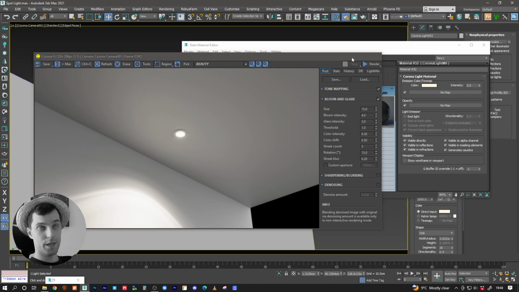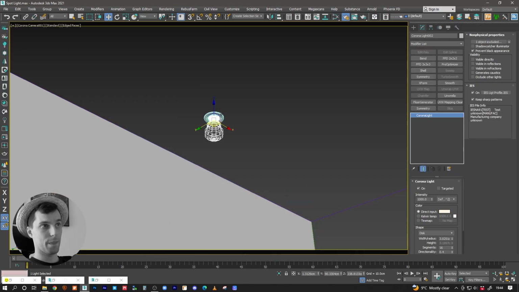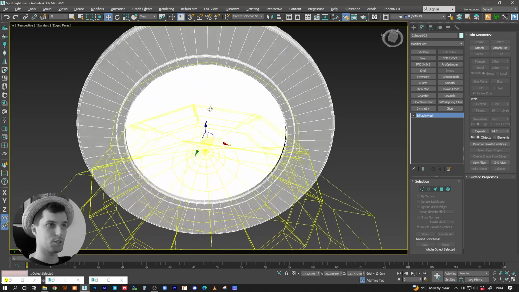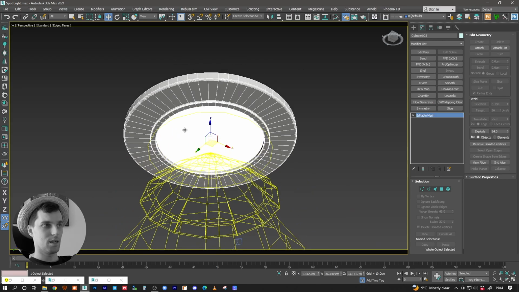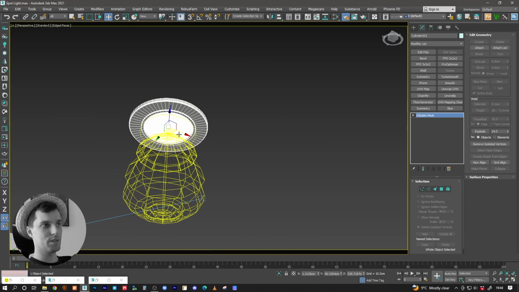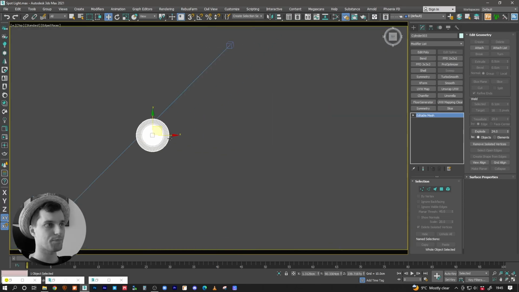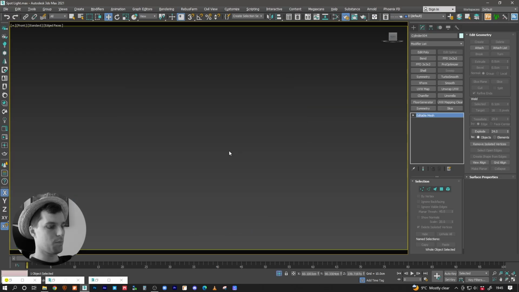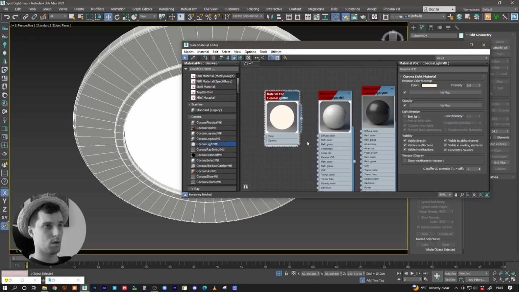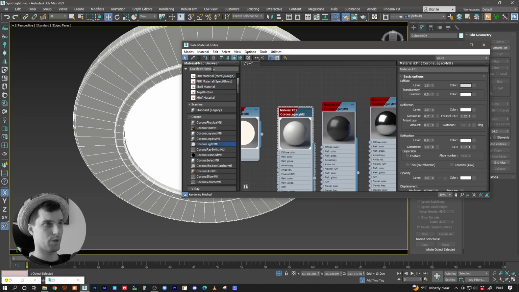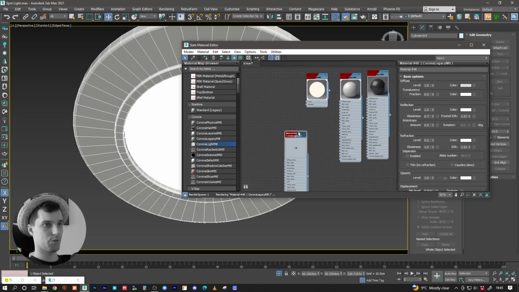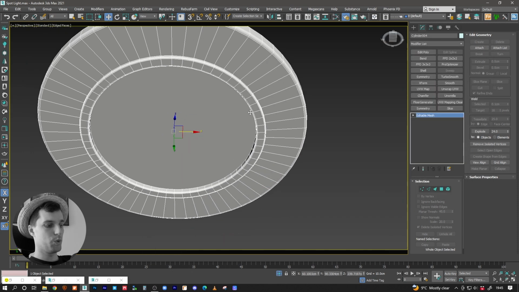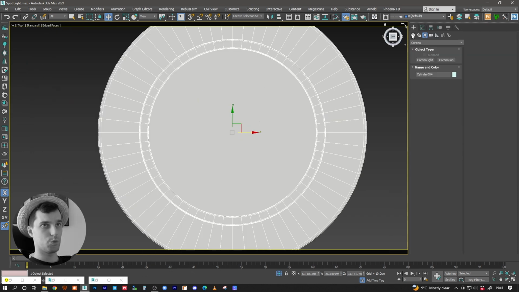But another very important thing, it's just going to be an extra. You can end the video here, but another thing you can experiment with: sometimes you have these LED lights. So you can say that this is an LED light, but it's a very simple approach. So I'm just going to copy this, and I'm going to put this as all white for now. I'm just going to copy this material just in case. I'm going to put this to white for now, and what we could do is go to here